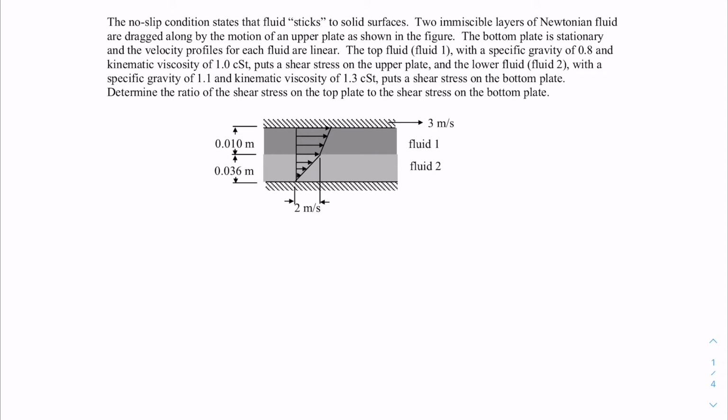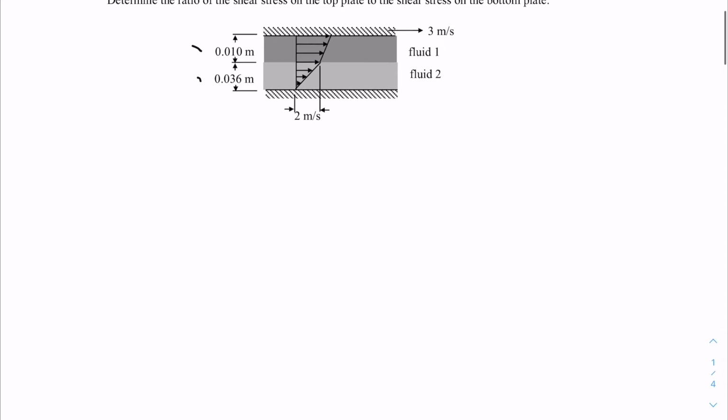Even though all the values of viscosities and specific gravities and these thicknesses are given here, it is useful to still represent them in terms of variables so that we can do all the analysis and get a final expression. And finally, we will just then substitute the values of these variables in the final expression to find out the answer. So I'll sketch